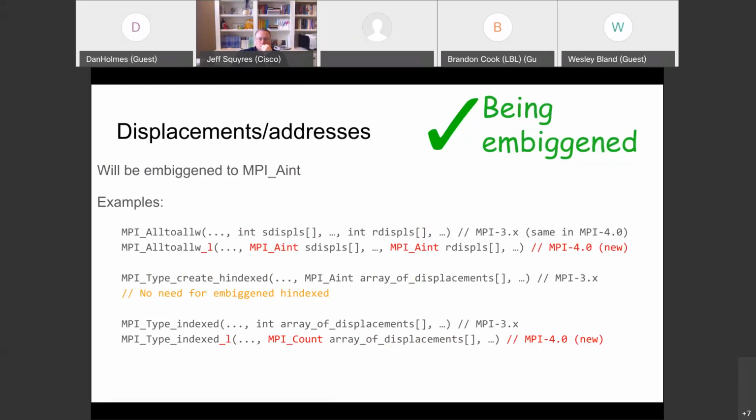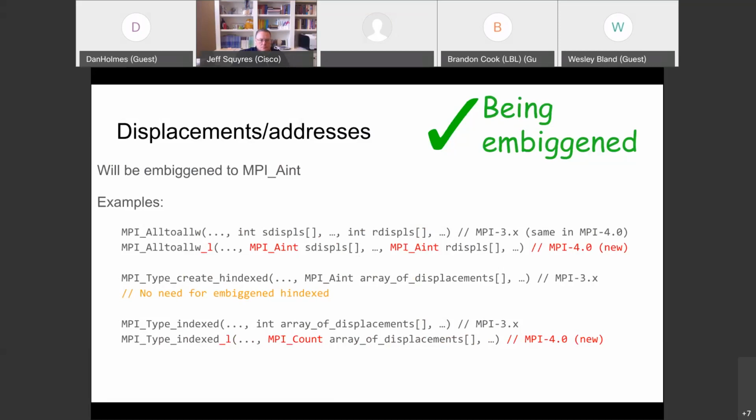So things like all-to-all W with its int displacements don't serve our purposes for either of these two use cases. So this is really important that we do this. We only need to make it up to the AINT size type, not the MPI_Count, because they only ever send and communicate data that's in memory, and so these are definitely memory displacements and memory addresses, and AINT is big enough and exactly the right type to use. It also has the polymorphic behavior that we need, which I'll get to on the next slide.